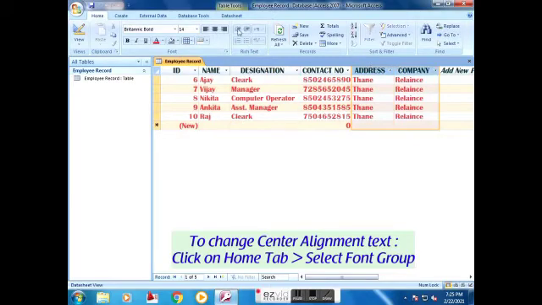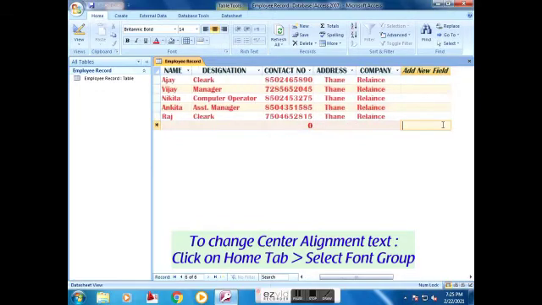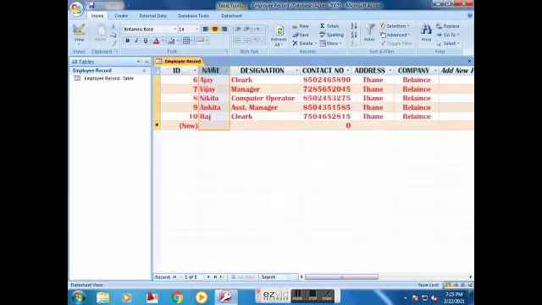If you want to change the alignment of the text, click on the Home tab, select the Font group, and select Center Align for the particular field.